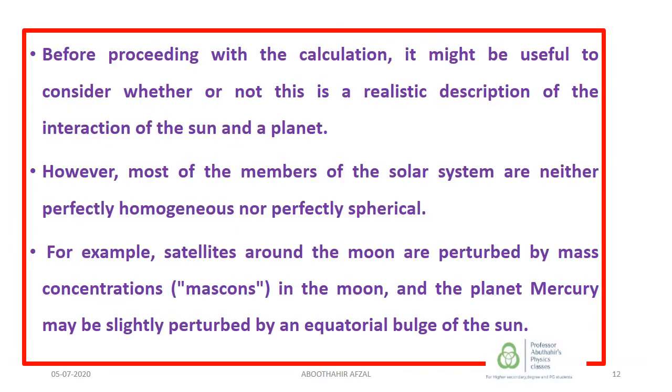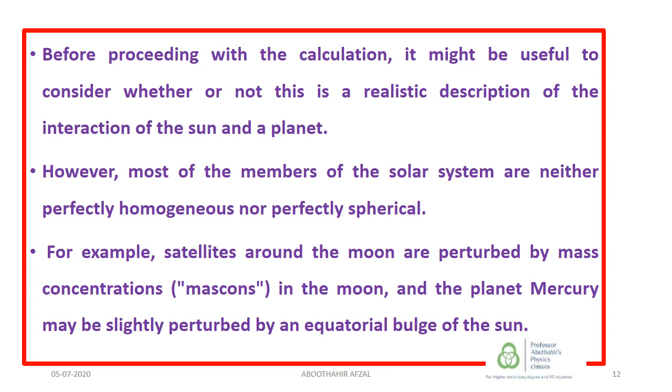Now, before we proceed with this calculation, it might be useful to consider whether or not this is a realistic description of the interaction of a sun and a planet. What are the problems in the approximation we make? Most of the members of the solar system are neither perfectly homogeneous nor perfectly spherical. So the assumption that the sun or the earth is a sphere is not exactly correct. For example, satellites around the moon are perturbed by the mass inhomogeneities of the moon,